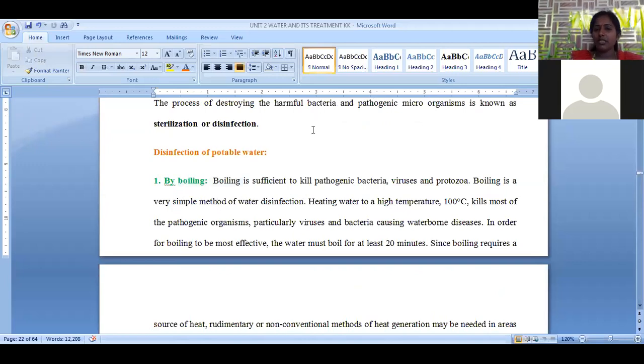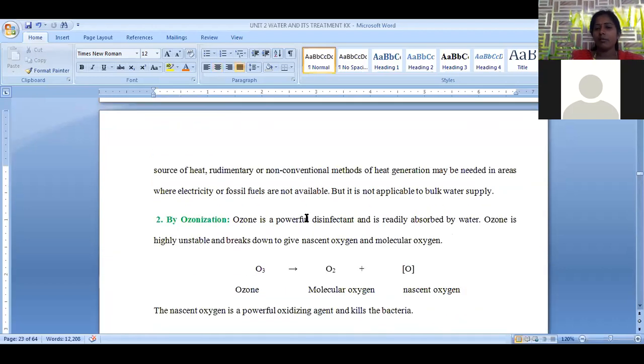Simply, when water is subjected to boiling, what happens? All kinds of pathogenic organisms can be easily destroyed because microorganisms, especially aquatic microorganisms, may not survive at high temperature. We are subjecting it to 100 degrees centigrade for a period of 20 minutes. When it is boiled for 20 minutes, irrespective of bacteria, virus, fungi, protozoans, algae, any kind of organisms causing diseases all get removed by the boiling process. But the only drawback is that for a huge quantity of water, we can't apply this boiling method. But for individual home applications, we can apply boiling.